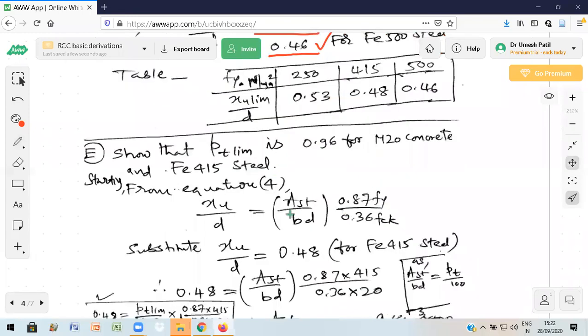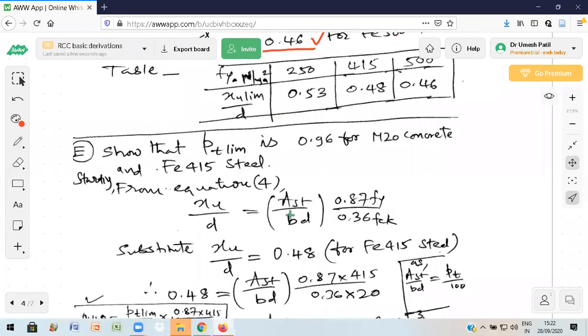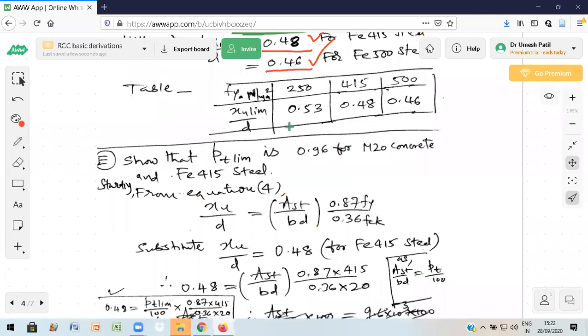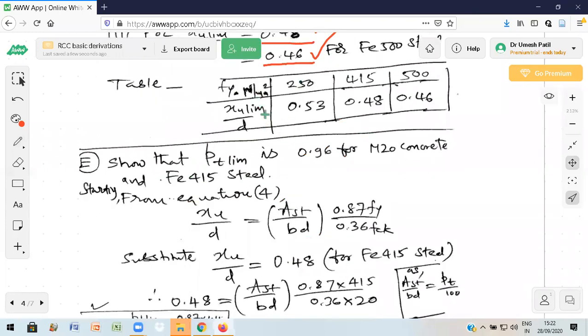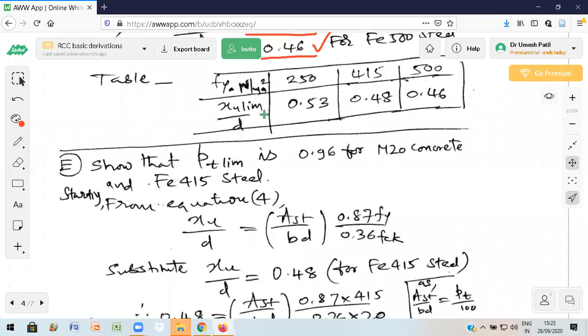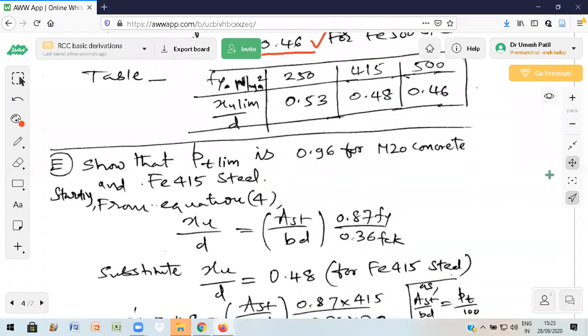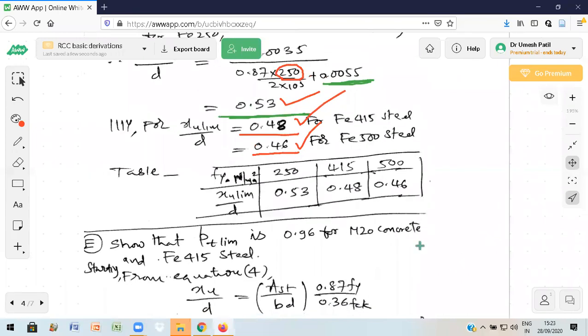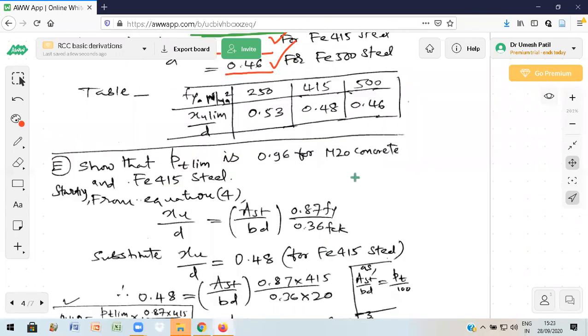Now the next derivation is E here. Whether D or E, it is not going to make a difference, because now you are familiar with this. This table is there in the code book. Later I'll tell you the table page number. I'll open the code book and show you this. It means you don't have to remember anything again. While solving the problem, I'll open this page. But you should know how these values have come. So let us go to the next one.